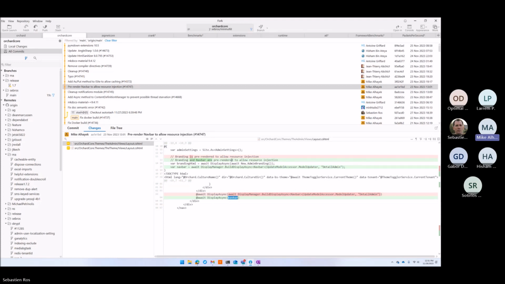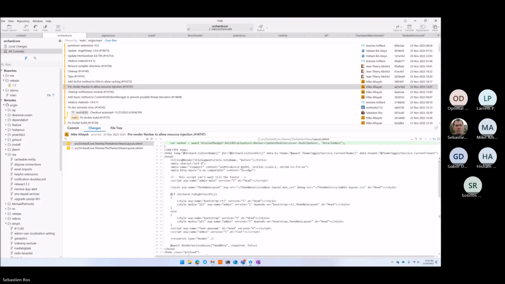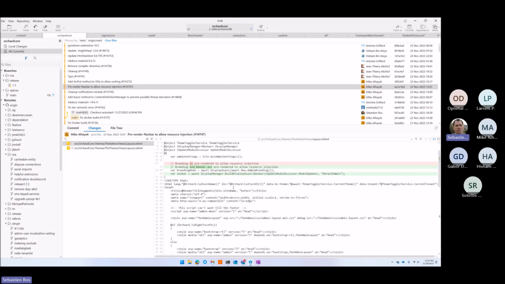By moving it up, we're saying create the shape, allow you to inject resources into the other zones, and then render other zones. So like that line 15 comes before displaying the head styles and the head scripts. So that's a trick. Because I didn't see what was in between. Yep. Okay.